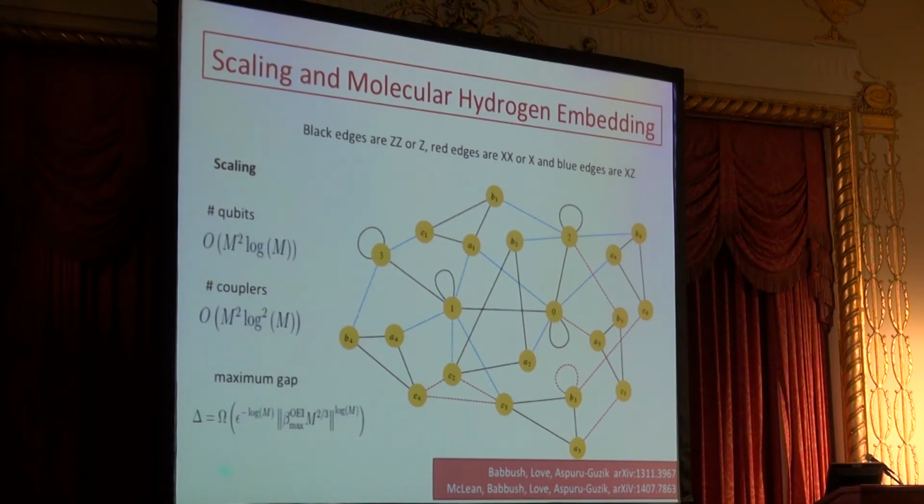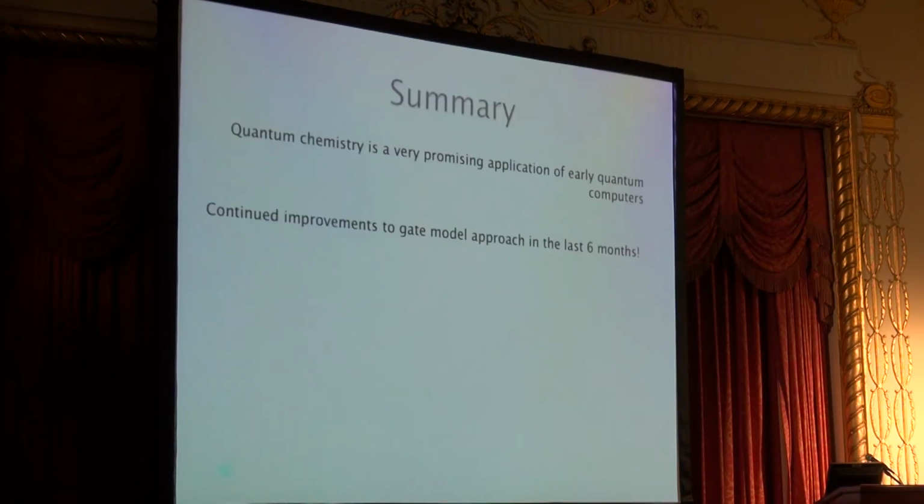Now you need different couplers, right? You just cannot use just the ZZ couplers that D-Wave has. You need to build new couplers. But if you build those new couplers, this machine will be fully quantum, will be simulating adiabatically the ground state of quantum chemistry, and will also have very nice scaling. It has problems with the size of the couplings that you need to put in, but that's okay. We'll work them out, or Microsoft will work them out.